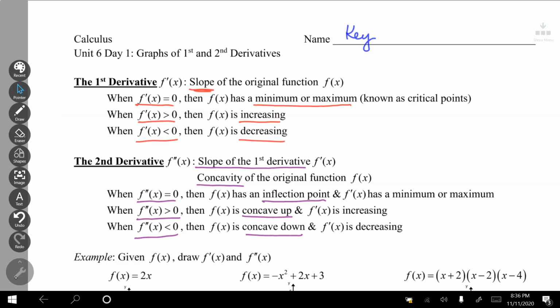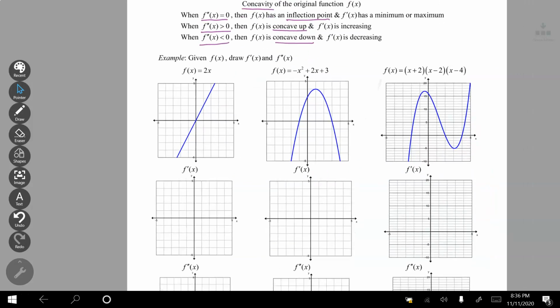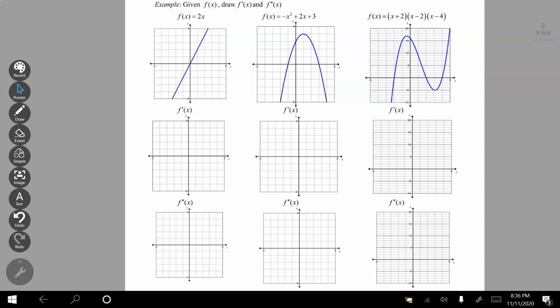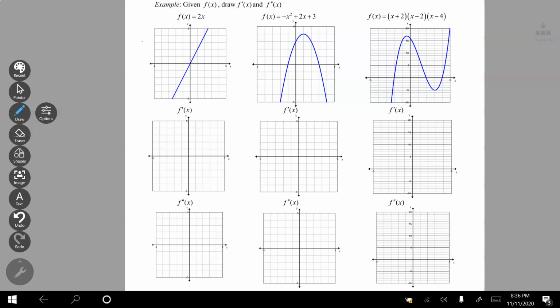So let's look at drawing some graphs, and these are exactly the graphs that we did before. I really haven't changed them. I'm going to have to shrink them up a little bit, but the idea is that the slope on this graph becomes the y value on this graph. So if I look at this graph this whole time, this slope is equal to a positive number. Specifically, it's a positive 2. So I can draw a nice horizontal line